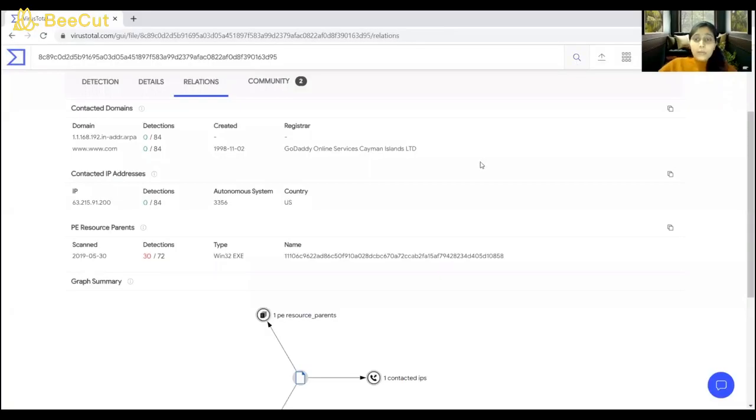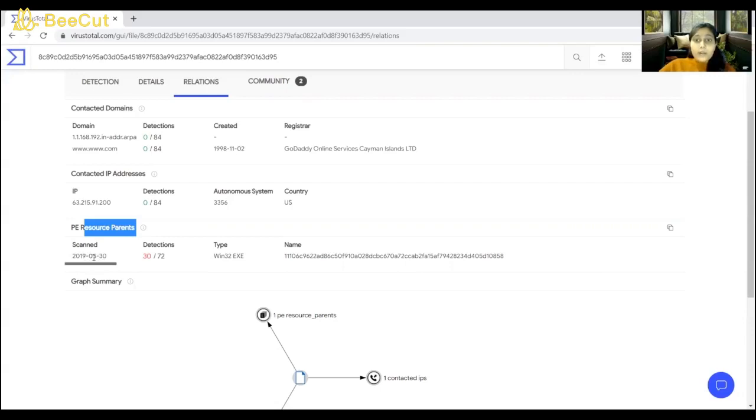Next, below that we can see the portable executable resource parents. PE stands for portable executable. Okay. In this section, the network pickup file is a Win32 EXE, an executable for the 32-bit version of the Windows operating system, with the date of the last report on 30th May 2019.